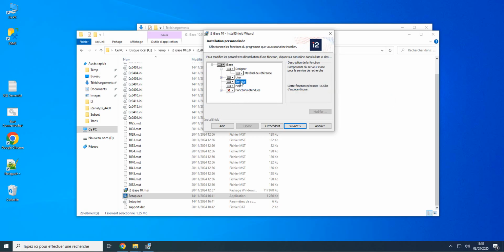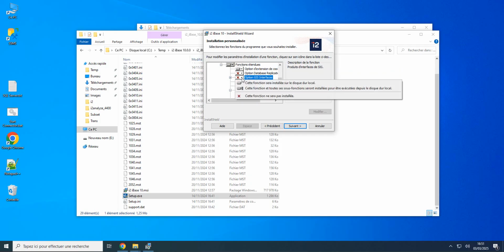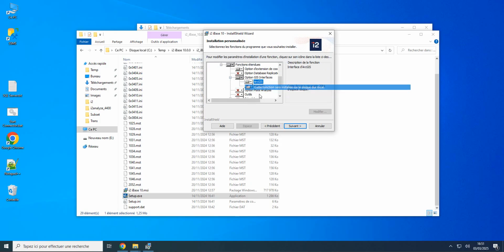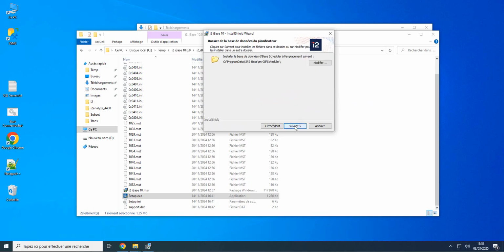The server will be used for Search 360, and I will install some extended features. So I will install the extended coordinate 1. I will install the JS interface. I will install the ArcGIS. Plate analysis, no. Tools, yes. Scheduler, yes. And chart item extractor, yes. Okay, next,